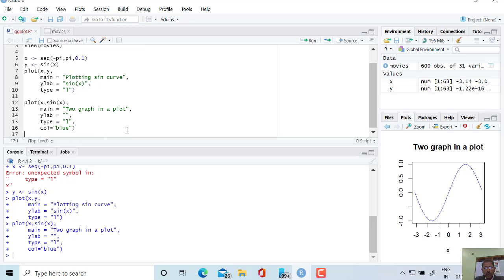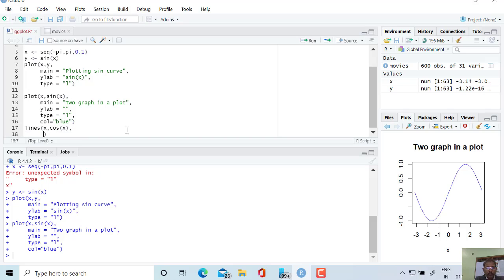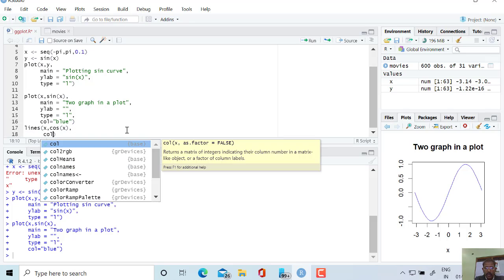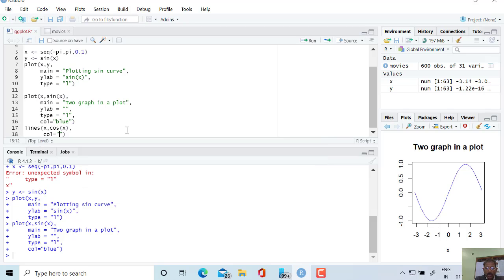Again I want to draw two graphs in a single plot, therefore for this purpose the lines function can be used, with the cos of x function. Suppose I am plotting this curve in red to differentiate it from the previous one.